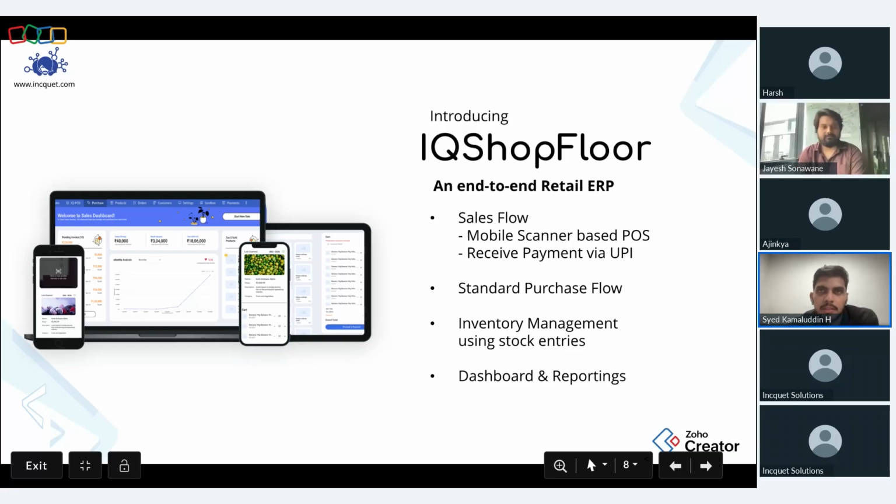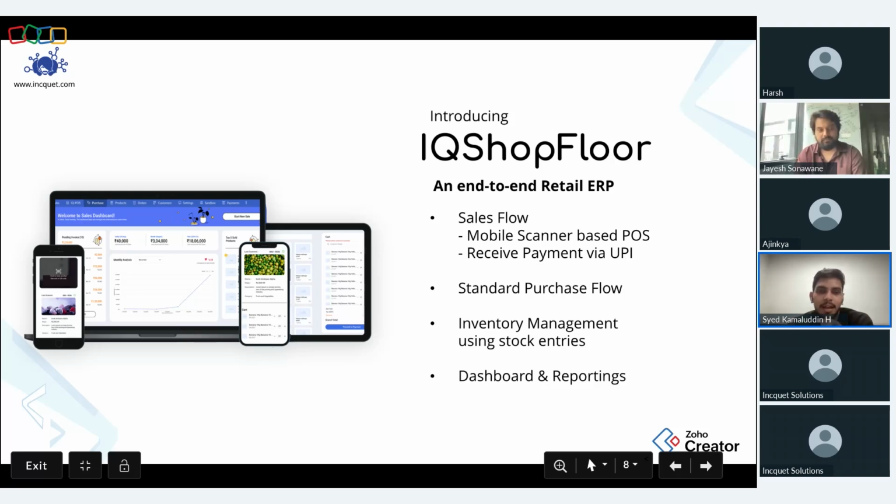Perfect. It was built in weeks, not even months, which is usually what traditional development consumes. So guys, just to highlight again, Zoho Creator as a platform offers a hackathon space for partners and developers out there to build solutions on the platform and showcase them. Jayesh and team, last year, 2024, in the partner hackathon competition, built this IQShopFloor in just a few weeks. It was just about a month, but they joined late, and they built this application within that